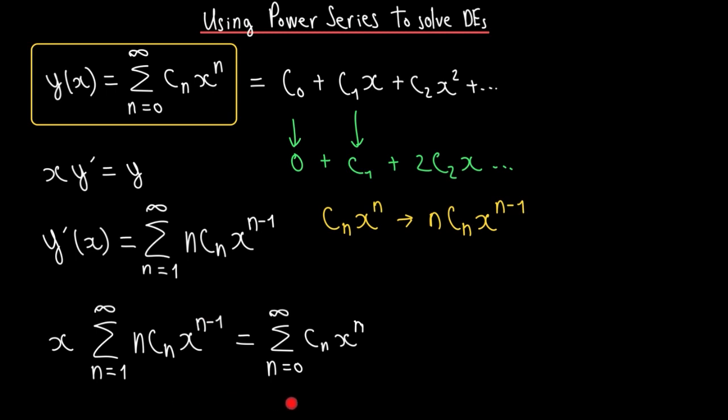And so it's hard to equate these two equations if we don't have the same exponent, because we can't identify common factors. And so what we do is we absorb the x over here, because here x is x to the power of 1. So if we absorb the x into our summation, we get 1 plus n minus 1, which is n. And that's what we want. Therefore, we have the infinite sum